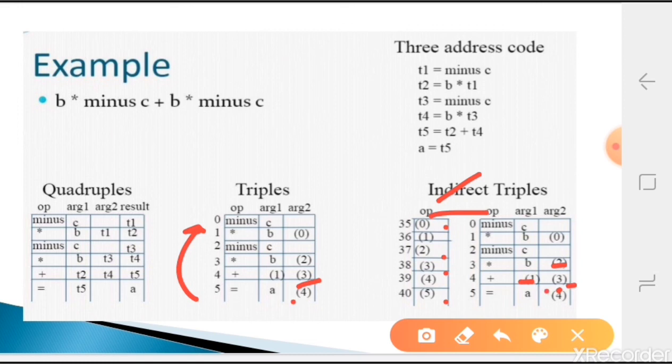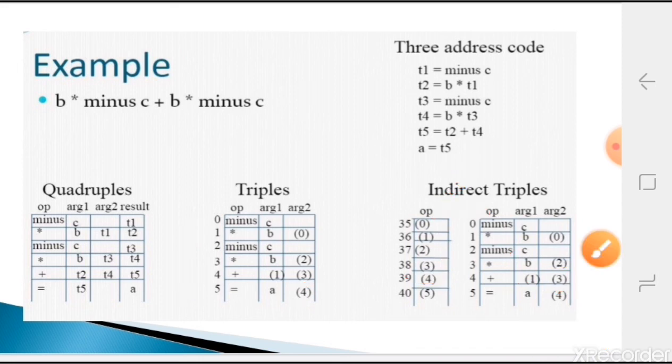It is the same as this one, but internally, instead of two passes, it takes one pass in indirect triples. So these are the three main ways to write three address code.